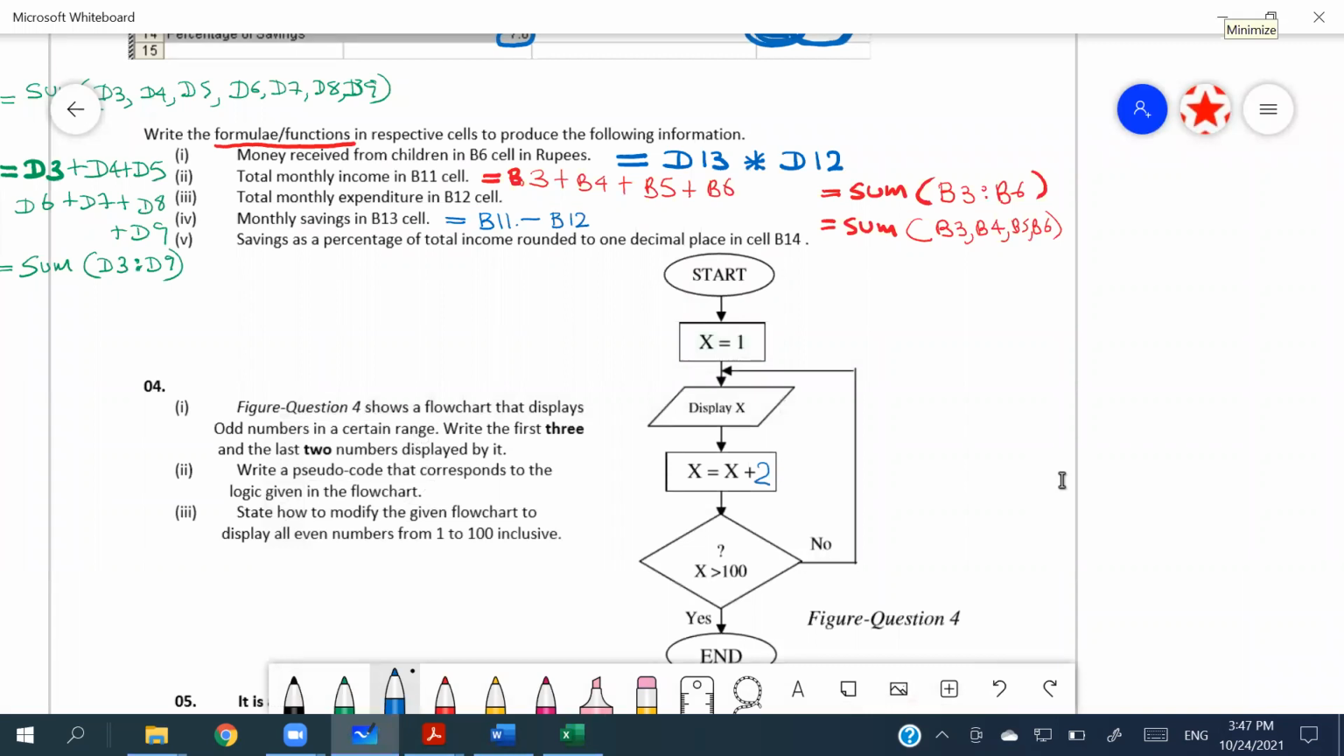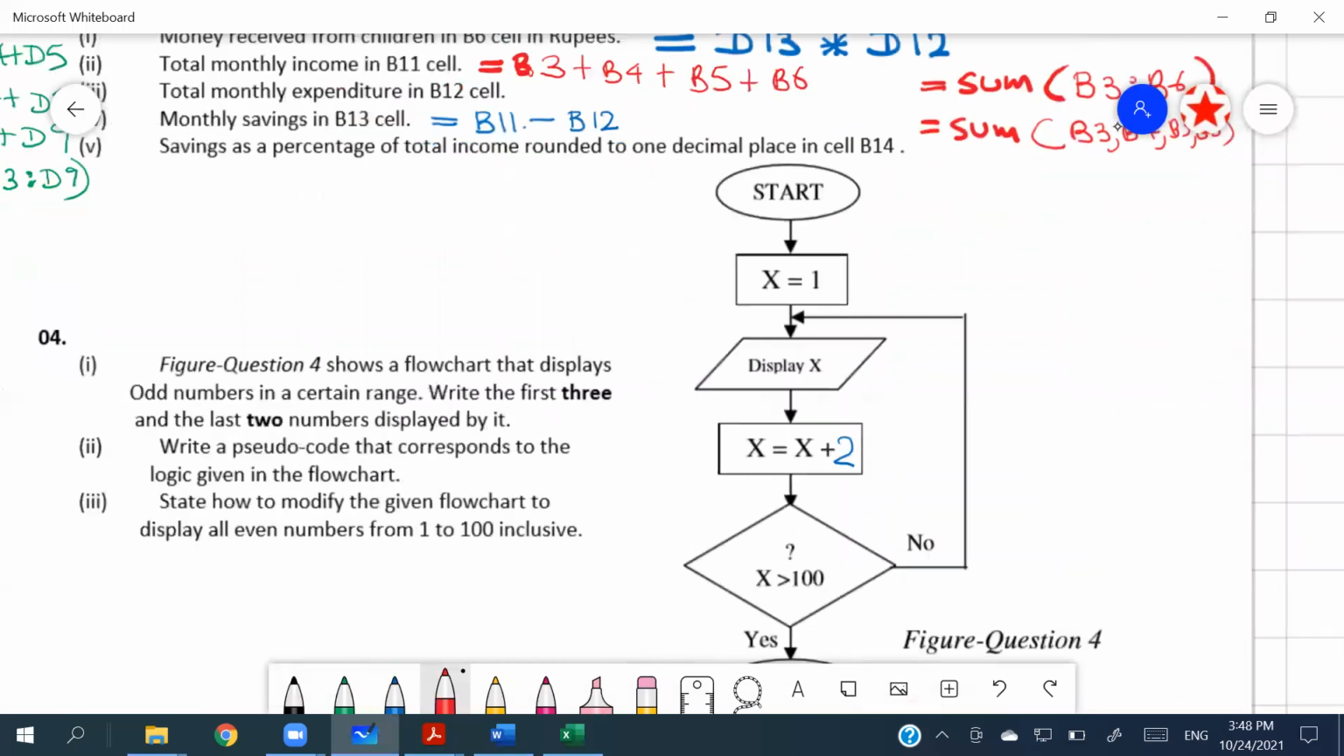All right, now when it comes to the flow chart, this process should have x equal x plus 2, right? And it is saying figure question 4 shows a flow chart that displays the odd numbers in a certain range. The first 3 and last 2 numbers are displayed by it, right? So if we consider the flow chart,